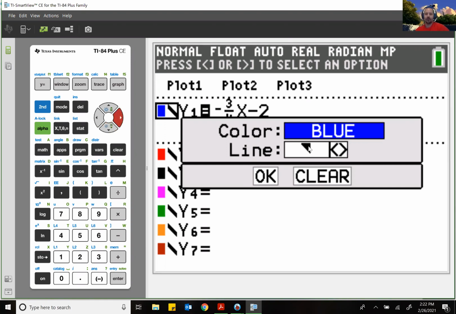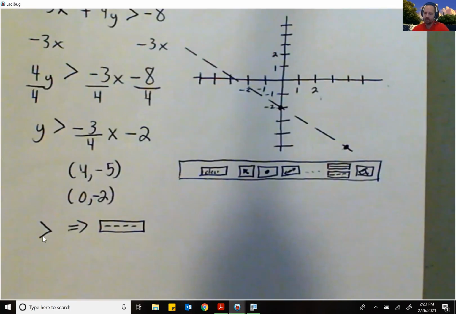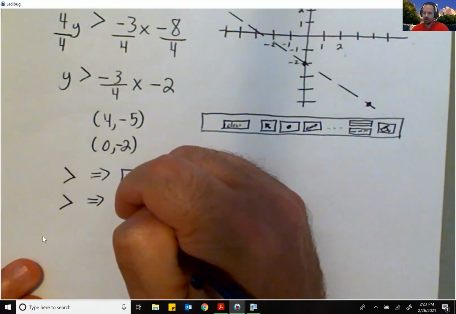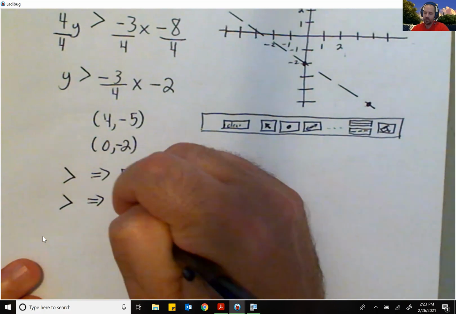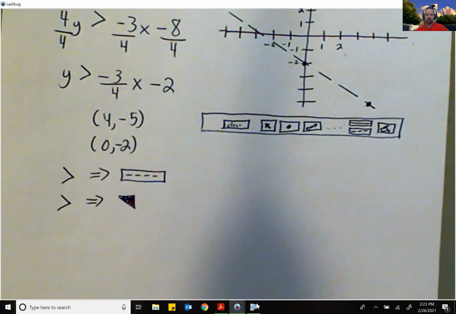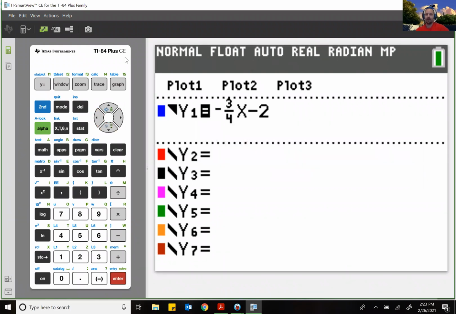That's the symbol if you have greater than or equal to. That's the symbol for less than or equal to. So if I go back real quick and look, we have the greater than button. So in my calculator, I want the triangle that looks like that. So in my calculator, I'm going to go back one, and I'm going to hit OK. And now if I go and graph,